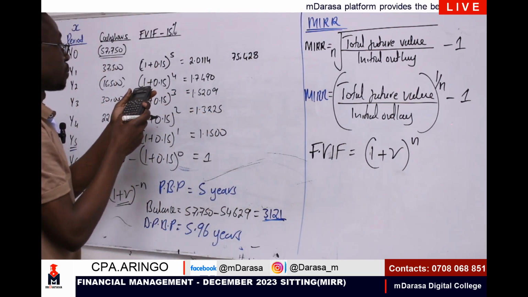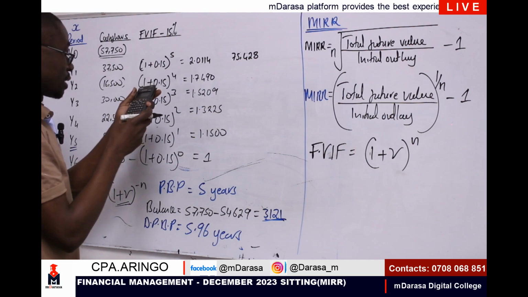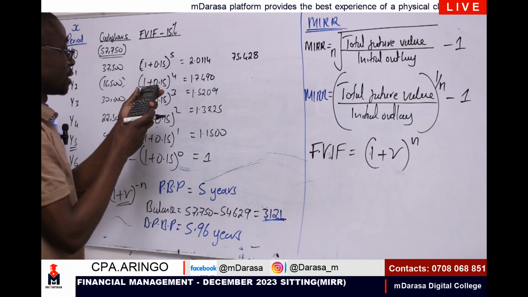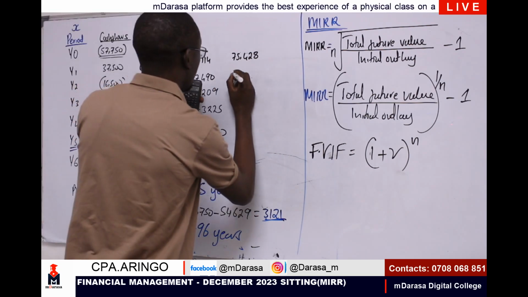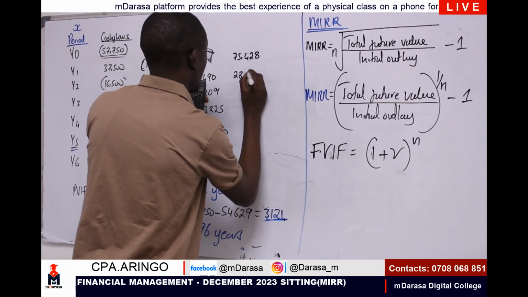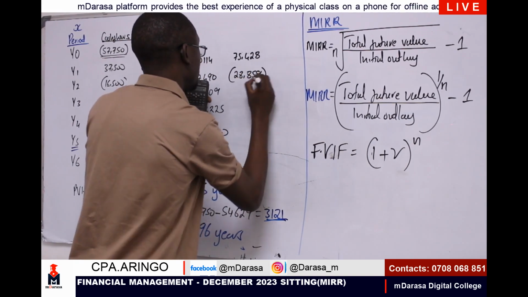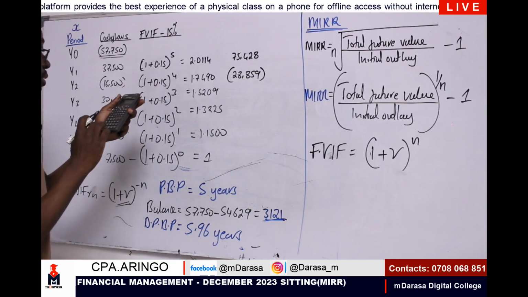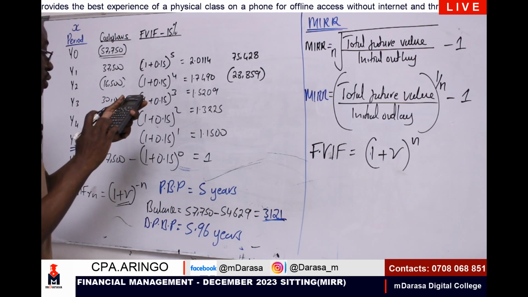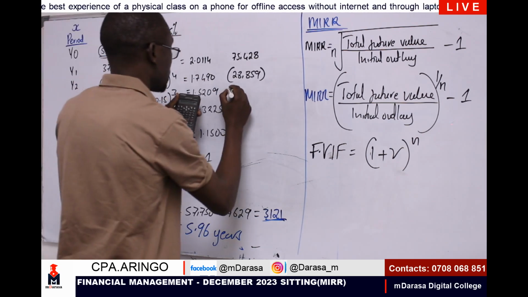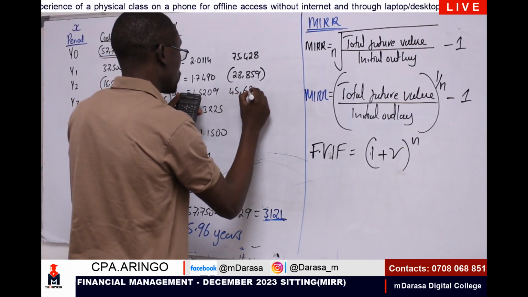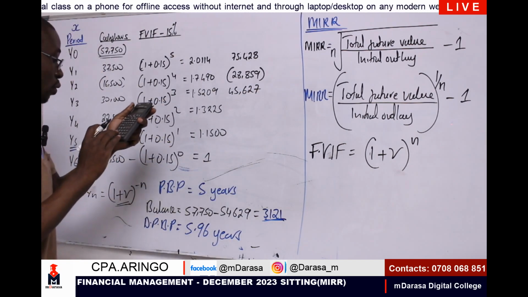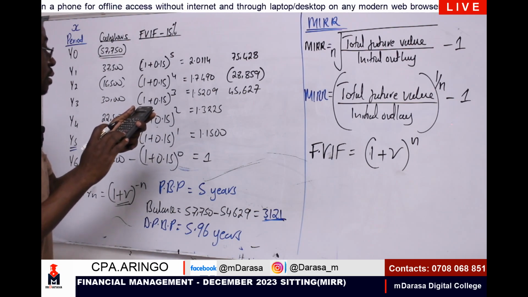Negative 16,500, we multiply by 1.7490. This should give us 28,859 negative. I'm having basically 30,000 times 1.5209. This should give us 45,627, right? The other case we should be talking of, of course, 1.3225 times